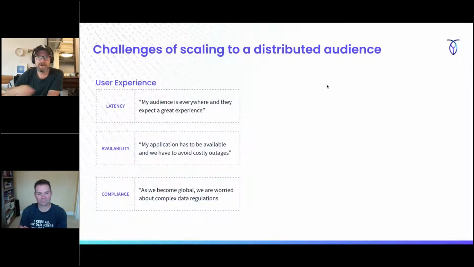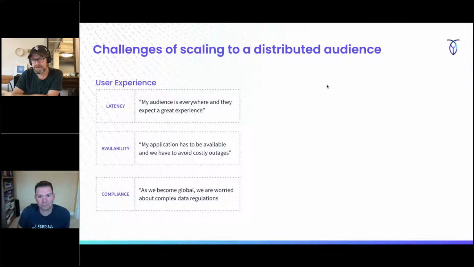So, why do we think about distributed applications and running things in multiple different regions? I think we deploy our applications all over the place. When we think about it, we really think about three different things: latency, availability, and compliance. Am I meeting the expectations of my customers no matter where they are? Can I speed the access of data to them? Do they have access to that? Am I surviving outages of not just a server or a rack or an availability zone, but can I survive the failure of an entire region and still have access to my data?